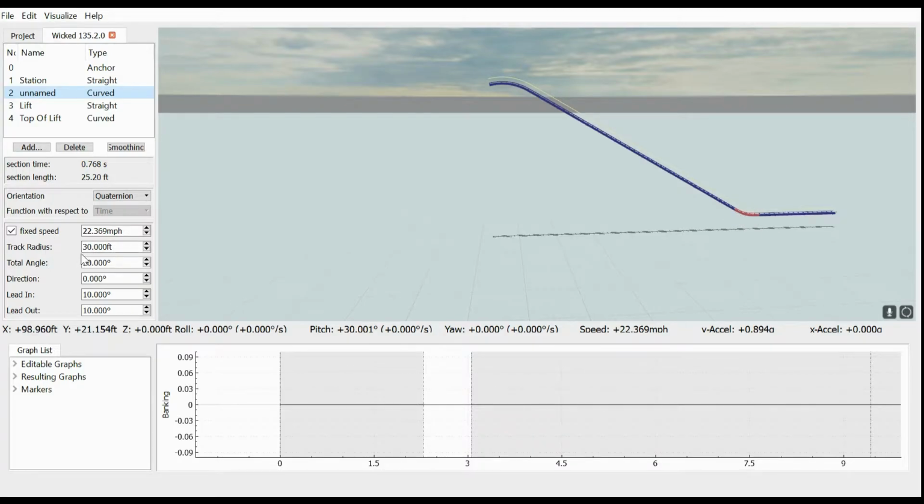And what you can specify in a curve section is the radius of the curve, the angle of the curve, the total angle, the direction. 0 is always up. -180 is down. 90 is, I think, left, and -90 is right, or vice versa. And then you specify the lead in and lead out. If you don't know what that is,